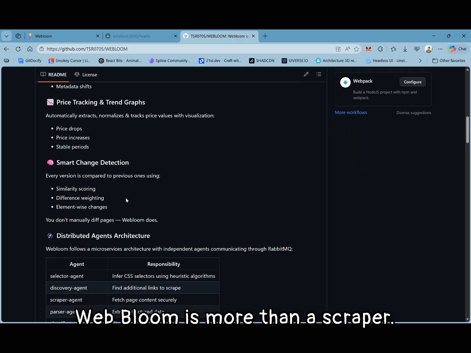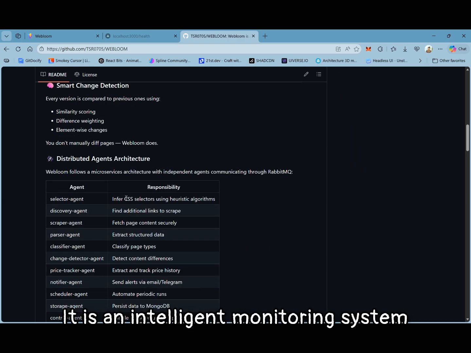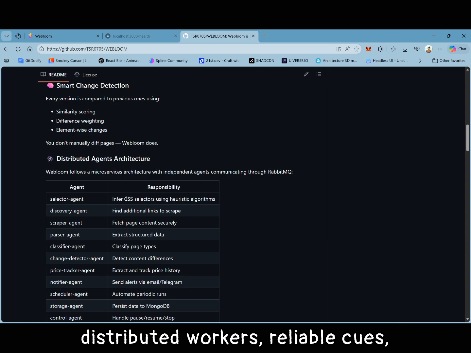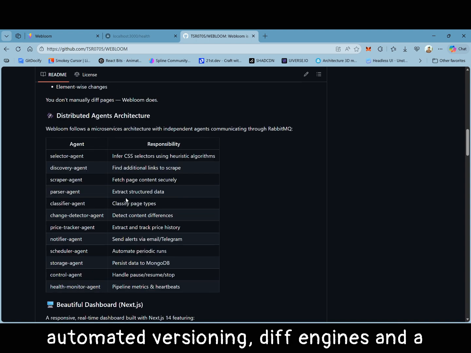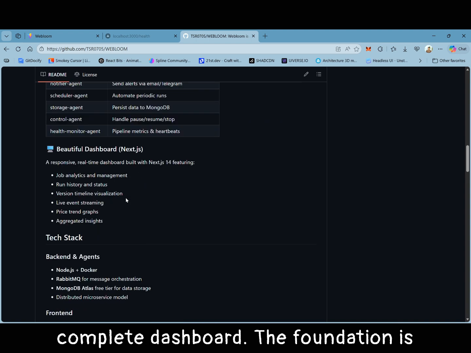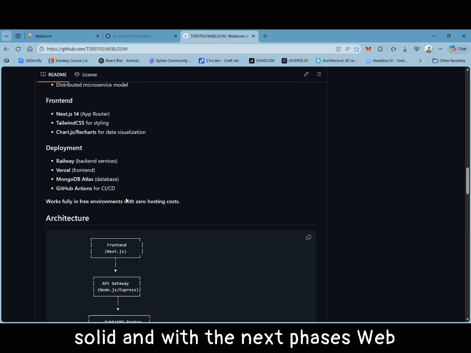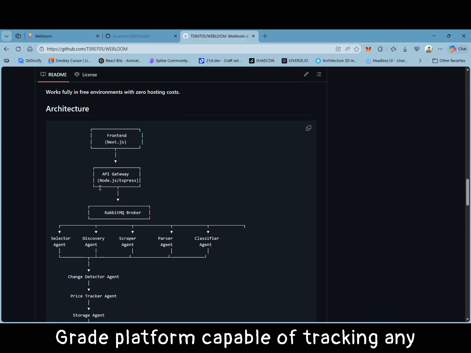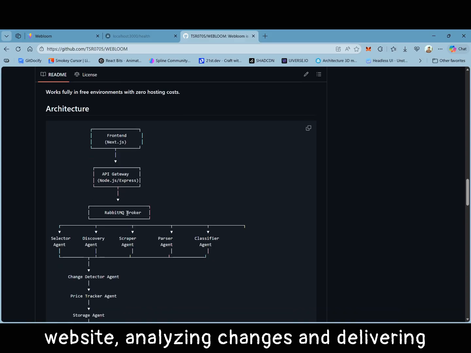Webloom is more than a scraper. It is an intelligent monitoring system that understands how the web evolves. With distributed workers, reliable queues, automated versioning, diff engines, and a complete dashboard, the foundation is solid. And with the next phases, Webloom will grow into a production-grade platform capable of tracking any website, analyzing changes, and